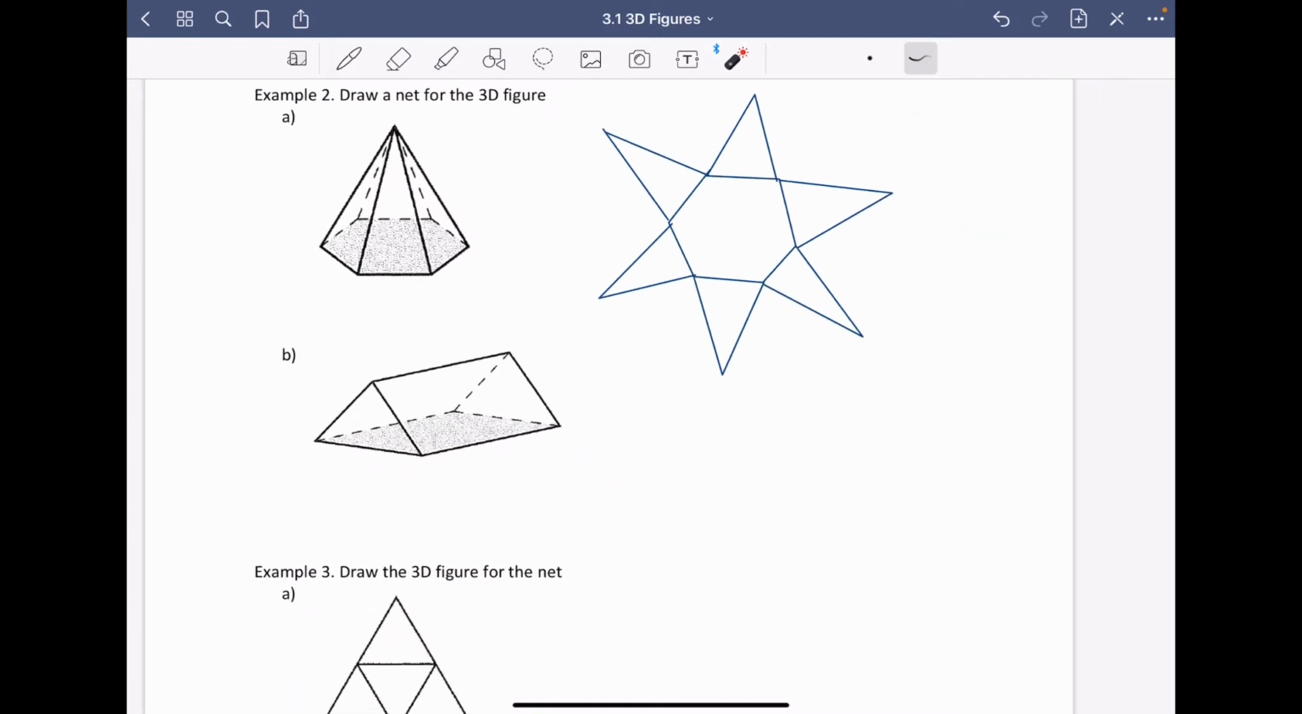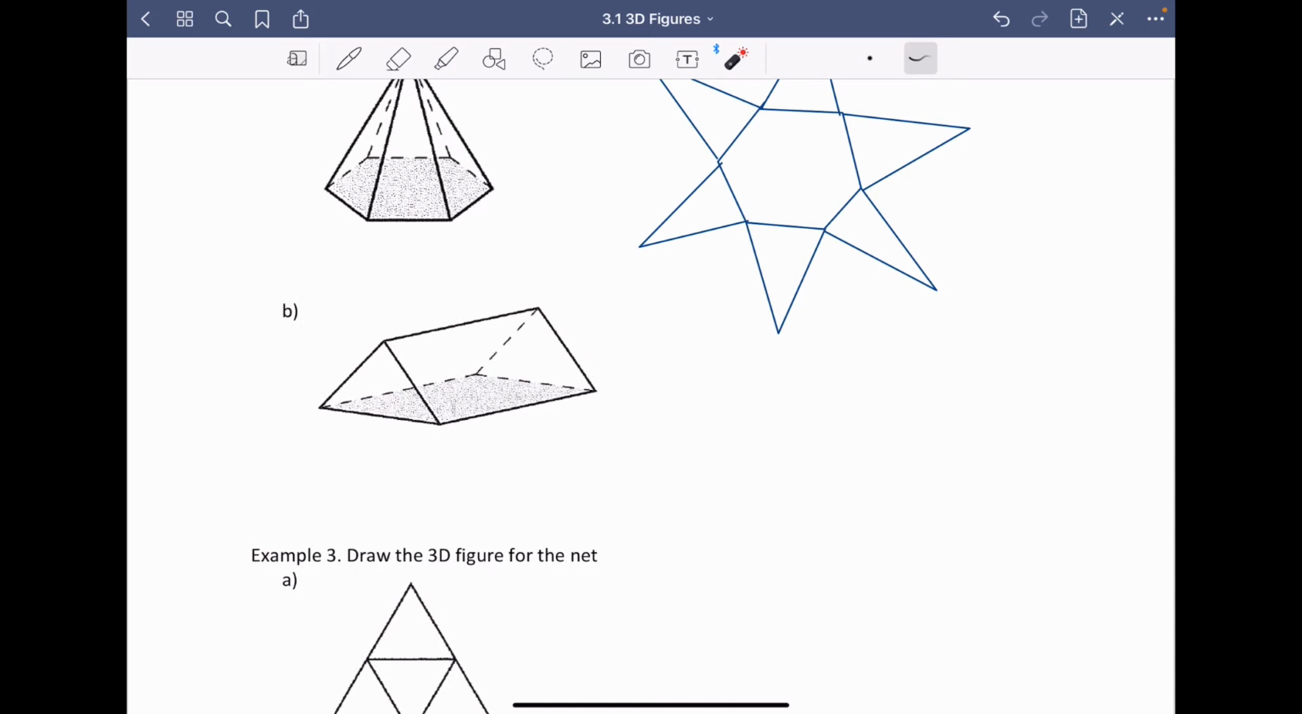Okay, and then let's look at this triangular prism. Well, this prism has a base of a rectangle. So I will draw a rectangle first. And then this face and the face at the back are rectangles as well. So that will look like